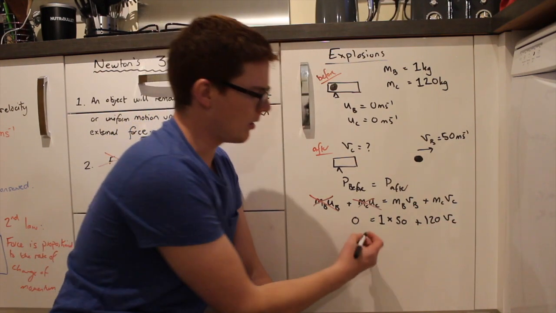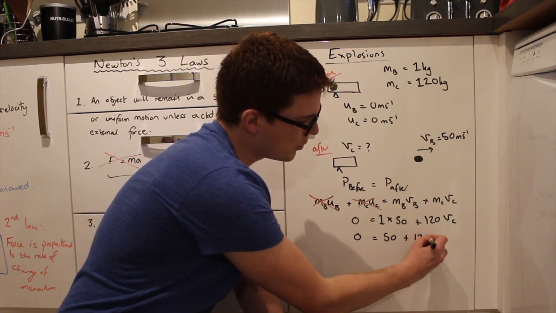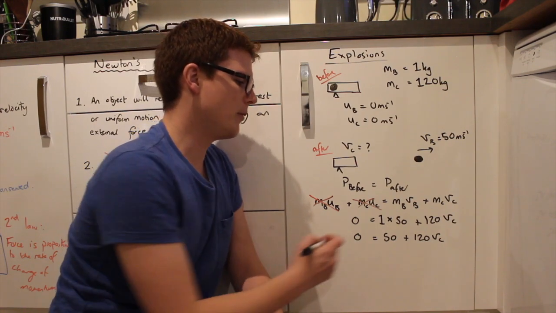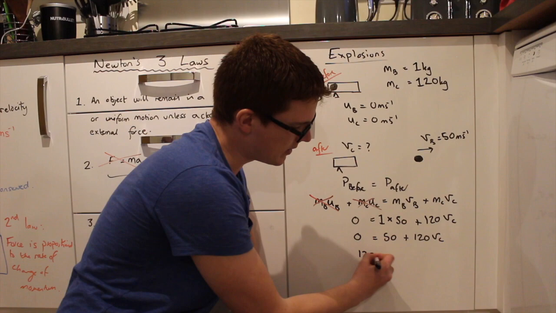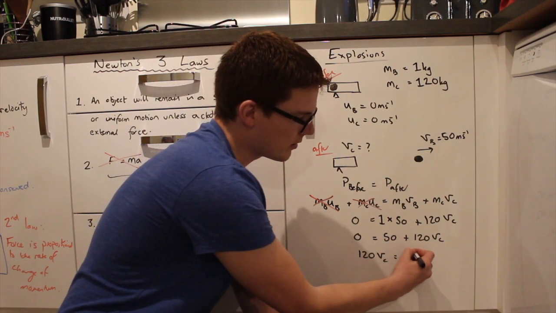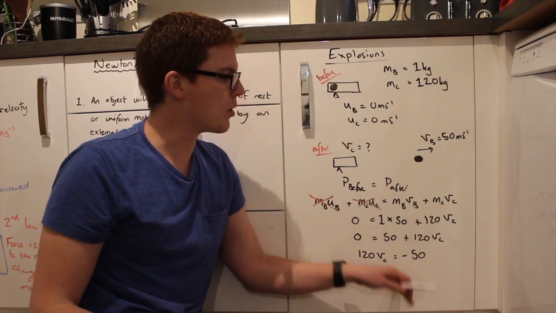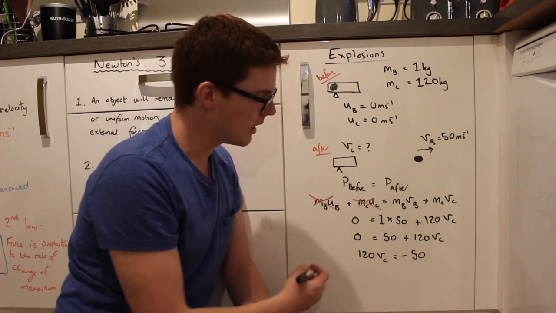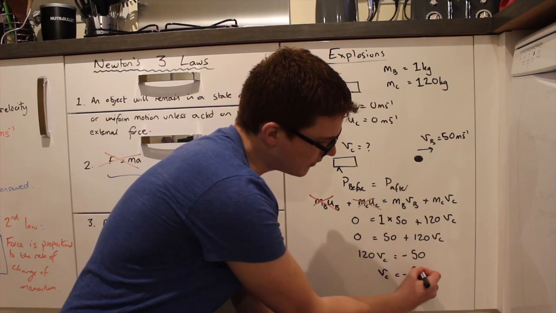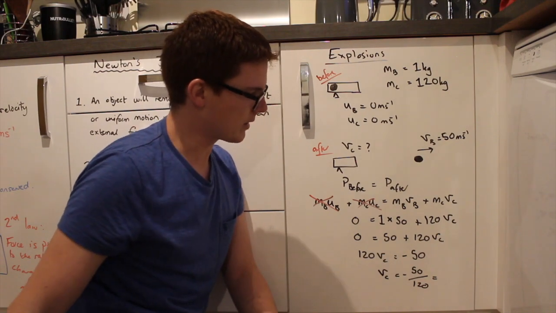So let's simplify that. 0 equals 50 plus 120 VC. If we rearrange that slightly, we've got 120 VC, and I'm subtracting the 50 to the other side, so it's minus 50 on the right. That's good now, because we've got a minus, which suggests that this is going to recoil and come backwards. If we divide by 120, we get VC equals negative 50 over 120,